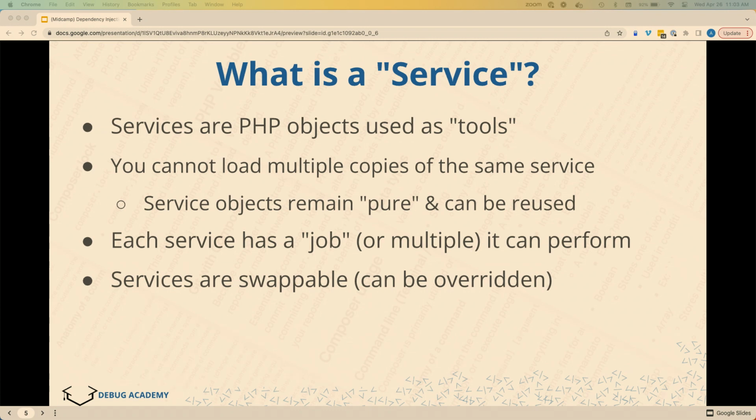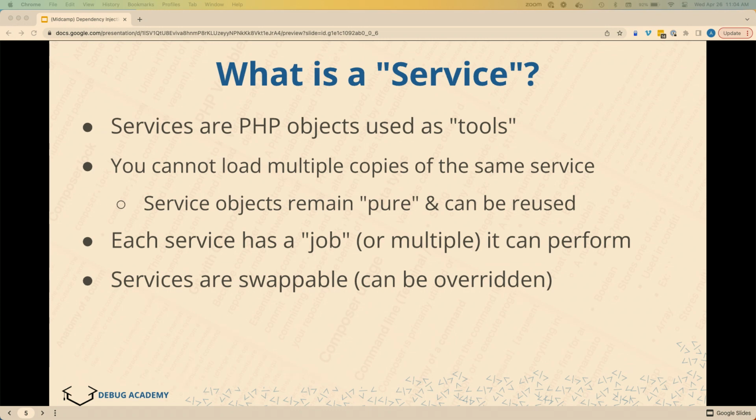I like to think of services as tools. So we have PHP objects in Drupal. We have entity objects, nodes, blocks, etc. But we also have various services. There's entity type manager, logger factory, etc. One thing that the services all seem to have in common is that they essentially act as tools. For a node object, you might have node 1, node 2, node 3, a bunch of different objects. For services, it's not the same. You're going to have an entity type manager object whose job it is to manage entities, but it's a tool that can be used again and again.